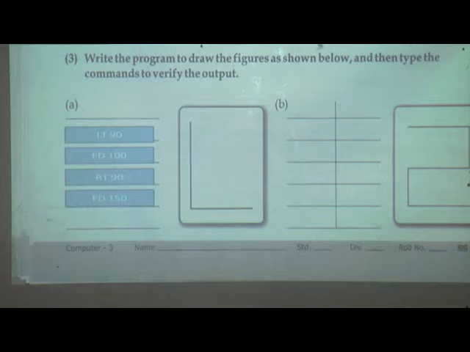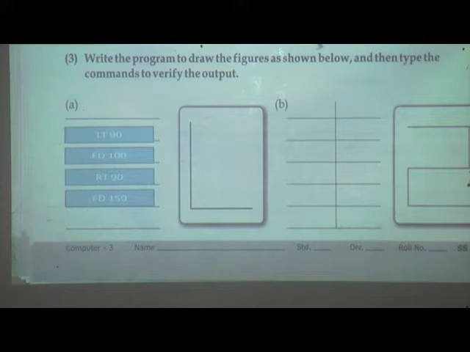So LT 90, FD 100, RT 90, FD 150. Can you see the turtle there? No. Then which command do we write to hide the turtle? HT command hides the turtle. LT 90, FD 100, RT 90, FD 150.